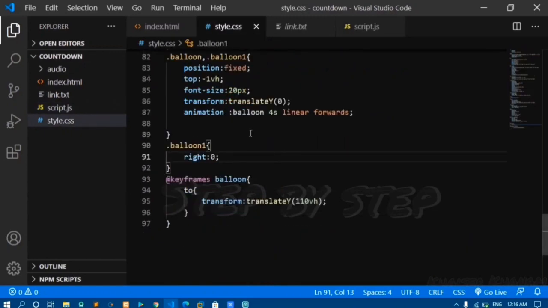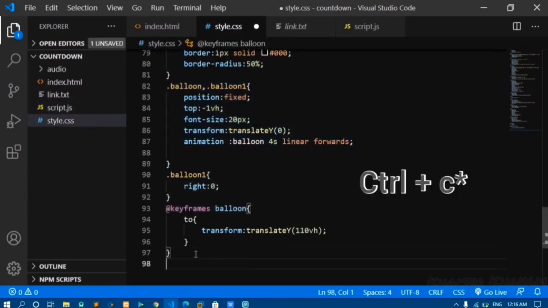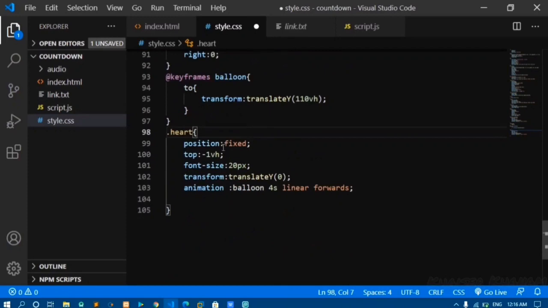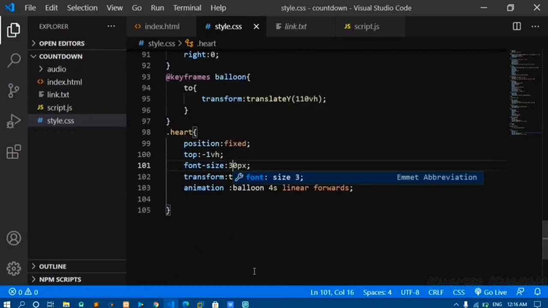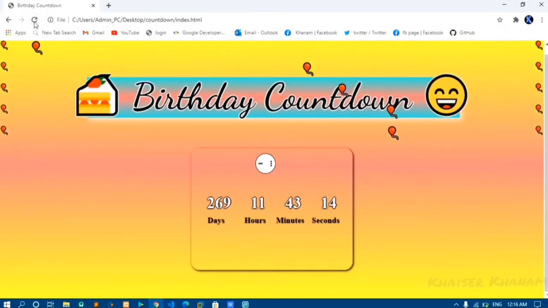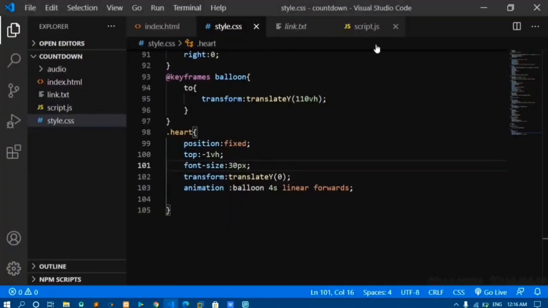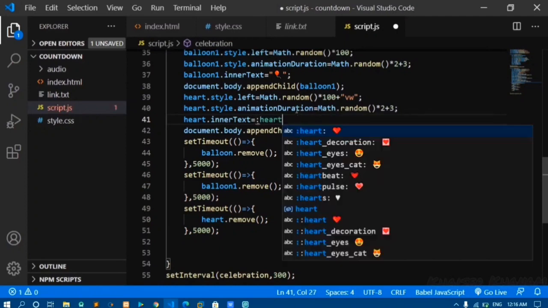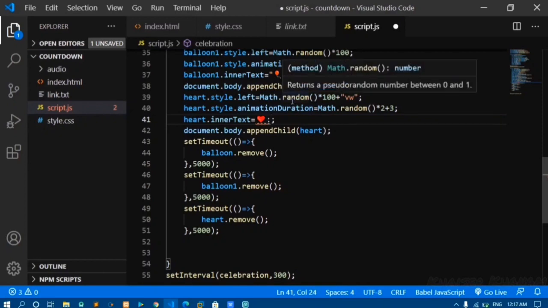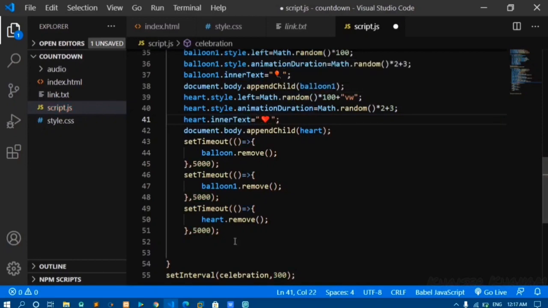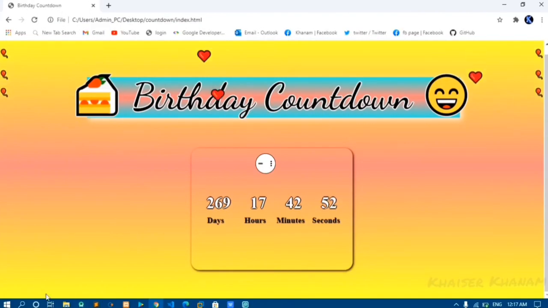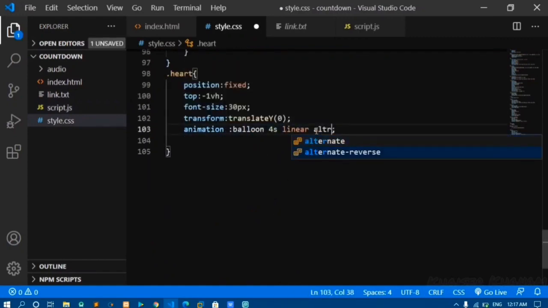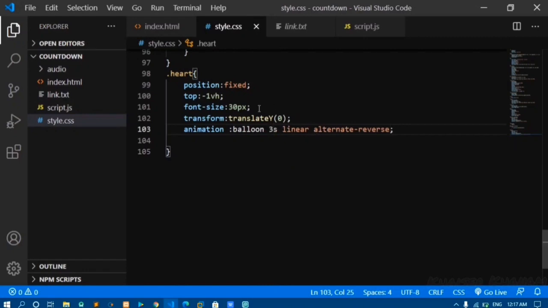Again come here, copy this exactly same thing, Control S, Control V, and I will give here heart, and I want around 30 pixels. Now if you see, you should change the inner text. But I want in reverse order, so I'll come here, I will change this to alternate reverse, and I want 3 seconds. Now if you see,